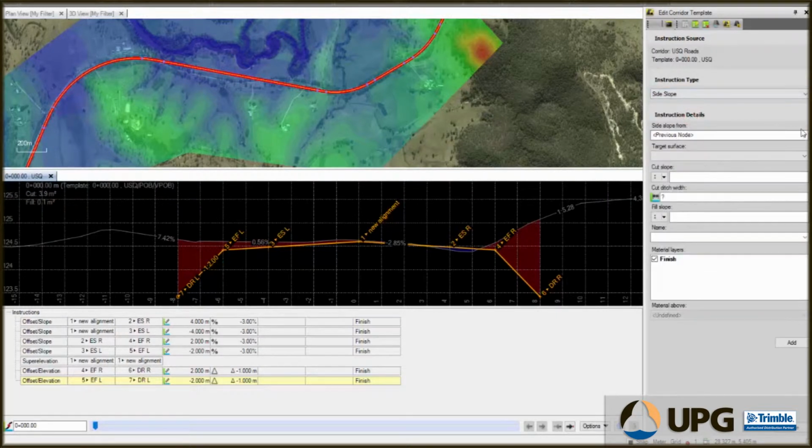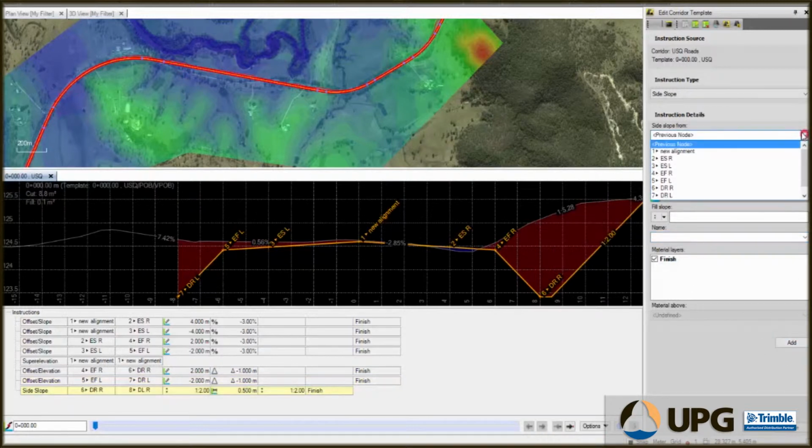And from here, it's a side slope instruction. So the first one will be drain right using web road clip. The cut slope will be 1:2. This can be set as rise to going or going to rise. In this case, we've got rise to going. The offset ditch will be just 1/2 meter, and then 1:2 again here. So that's going to be for daylight right, which we'll add,